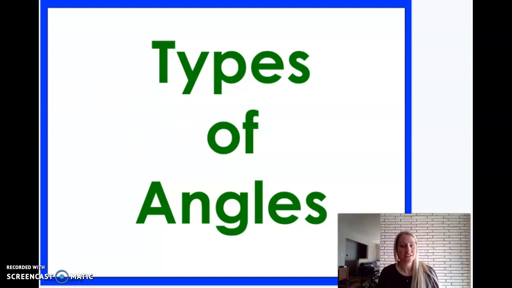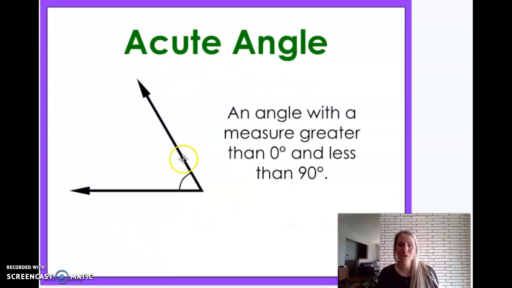We're going to go over the types of angles. This should be review, so we'll go fairly quickly. Again, if you need to pause for any reason to get the definitions added, do that. But you guys should know all these. So an acute angle is an angle with a measure greater than 0 degrees and less than 90 degrees. 90 degrees would be that right angle,